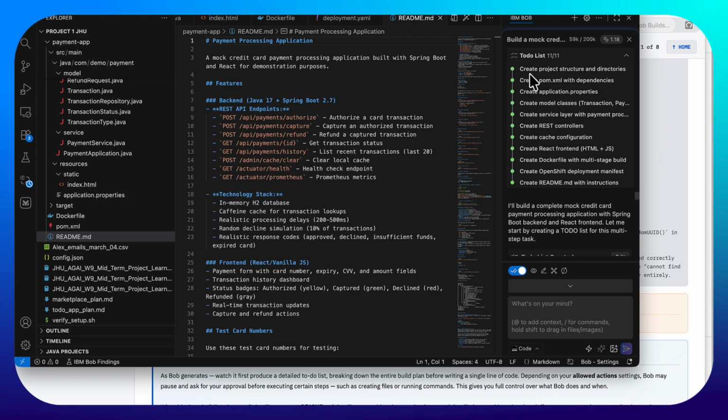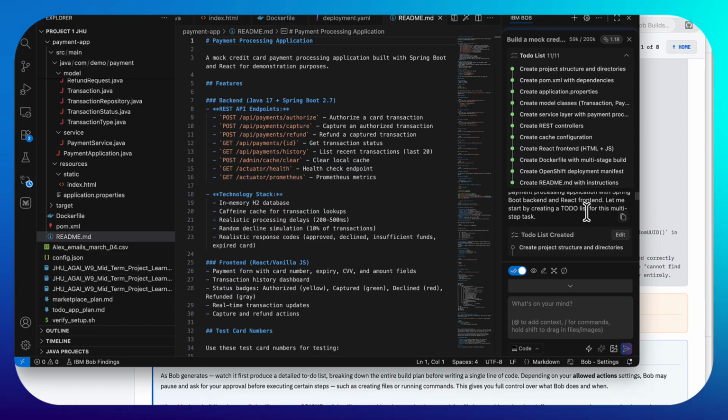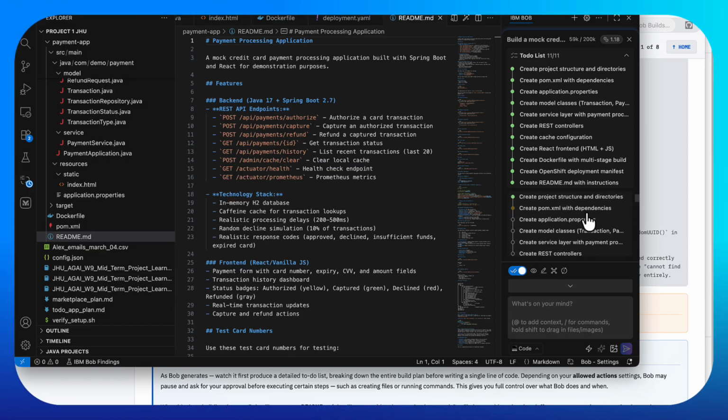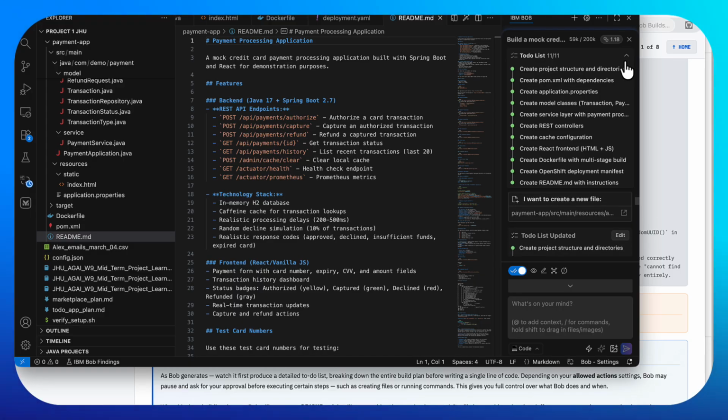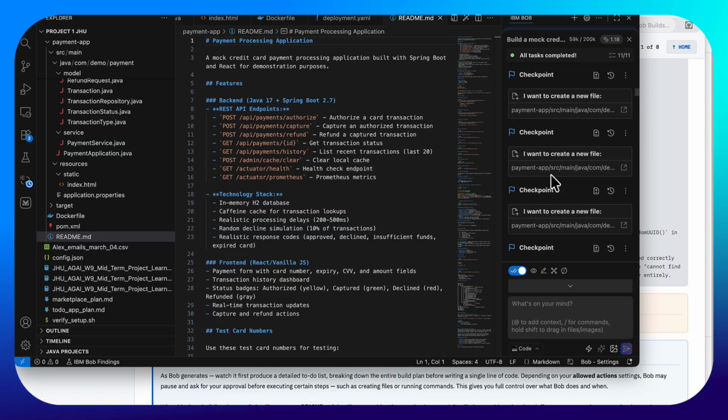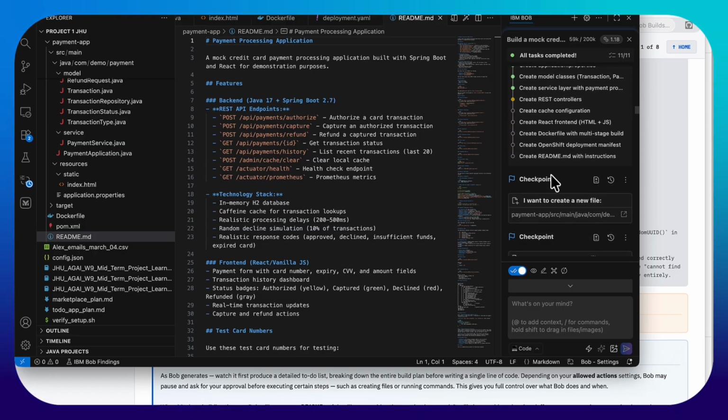Bob actually created a to-do list based on the instructions given, and you can see Bob completed all the set of instructions. It went ahead and planned and implemented one step after the other as part of the 11-step process, and installed